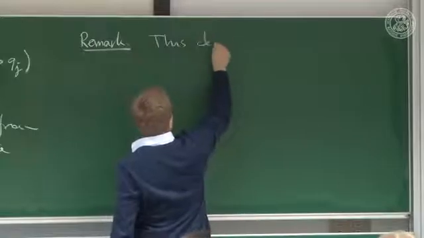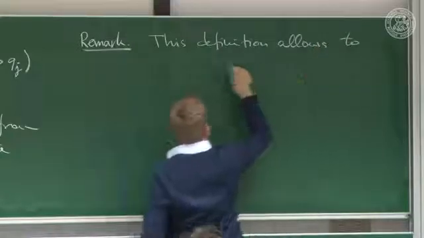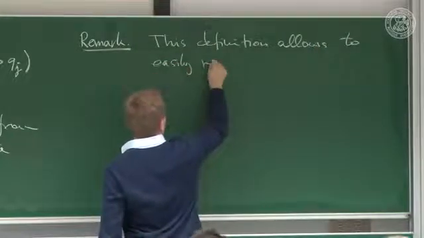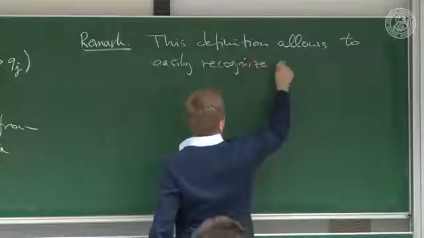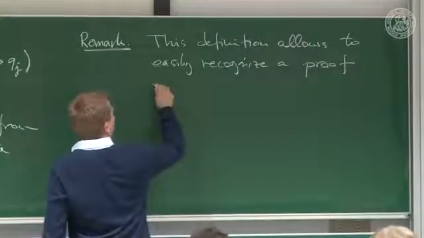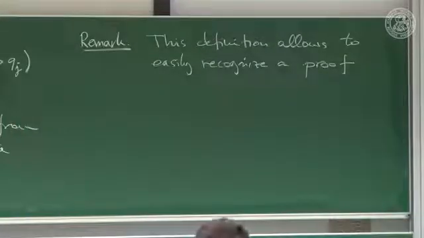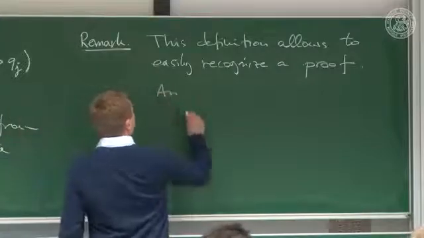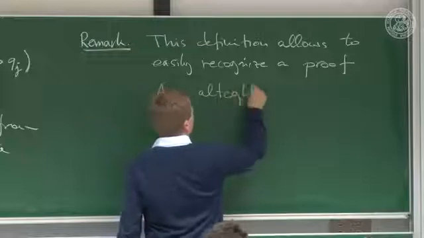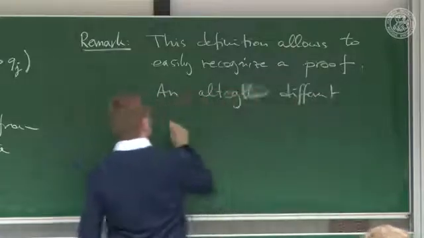This definition allows to easily recognize a proof. So in principle, you can give this to a computer. You say, computer, please check, is the following a proof of this? That's very easy to check. An altogether different matter is to find a proof